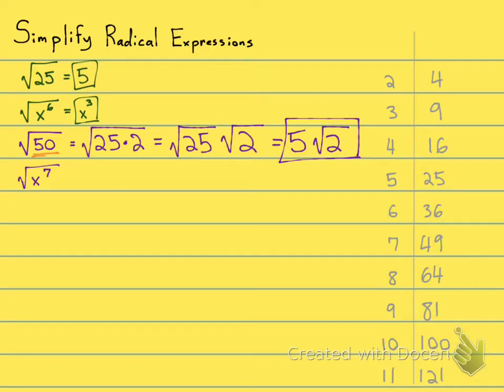So let's look at the square root of x to the seventh. Now, I know that every 2 under the radical gives me 1 outside of the radical. So when I look at these 7 x's, I'll be able to take 1 out, 2 out, 3 out. But this one right here has to stay under the radical. So my answer, square root of x to the seventh, is going to be x to the third outside the radical, and then underneath is